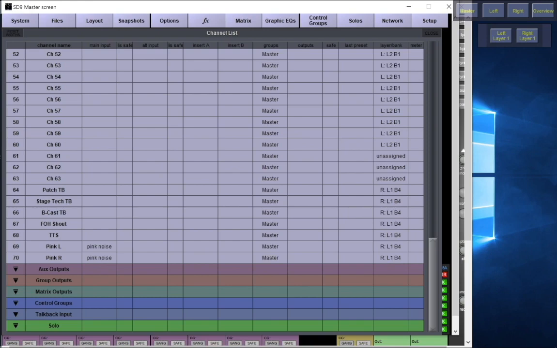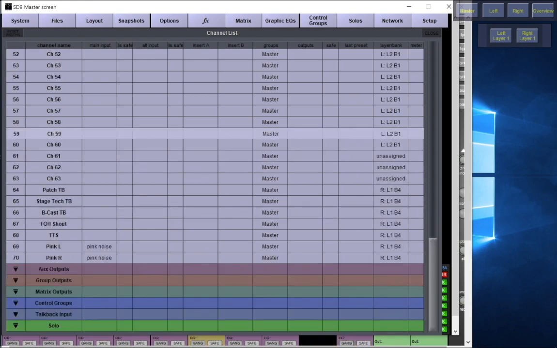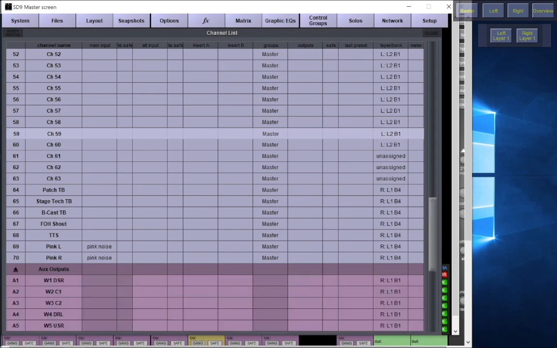Now I've got a bit posh. I've got a pink left and right, so 2 mono faders. I just find it really quick if you have the real estate on the board, really quick to flash in ears. If you have to have stereo widgets, so really, really fast. Job done. So if we pop down to our aux outputs in here, so I've got some wedges in there already, and some in-ears,